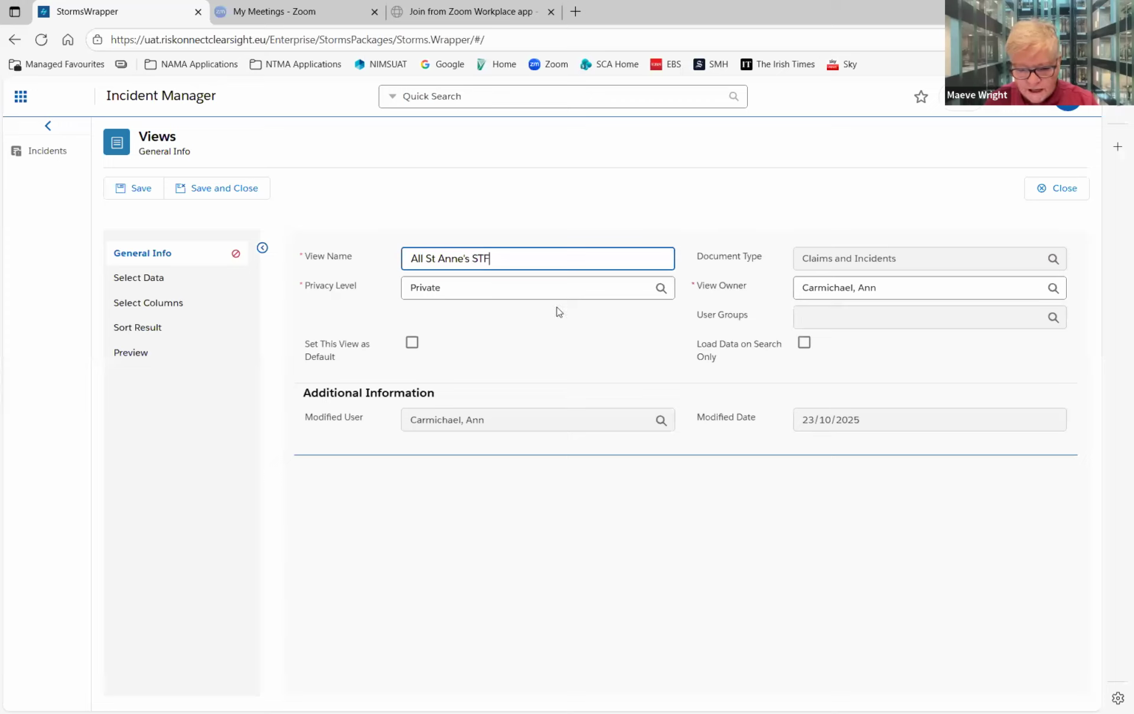Okay, so I'm about to name it. You can see it's a private view. The owner was Anne Carmichael. That's the logon that I changed to be trainer, but that was the previous user. The data you've already done, because you don't have to change anything in there,